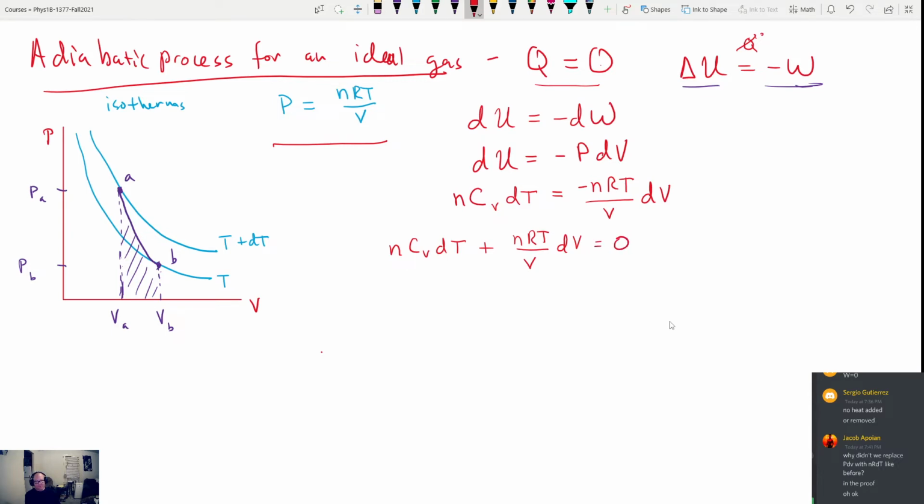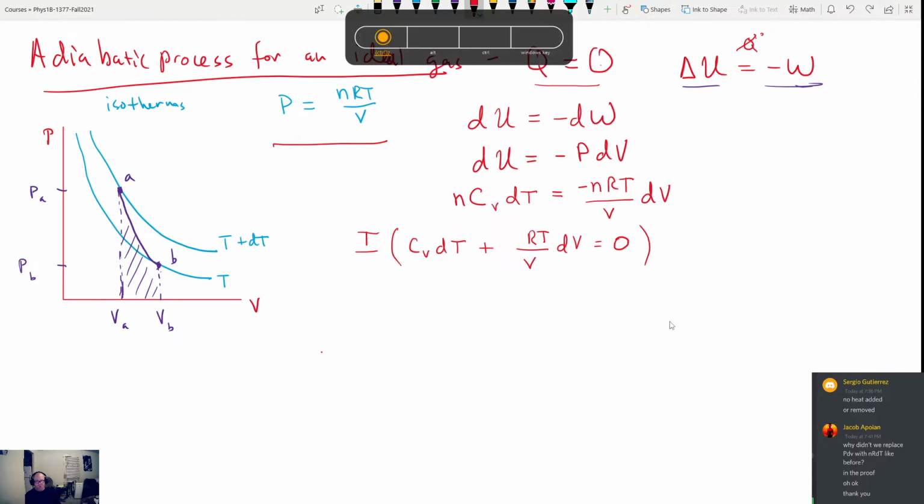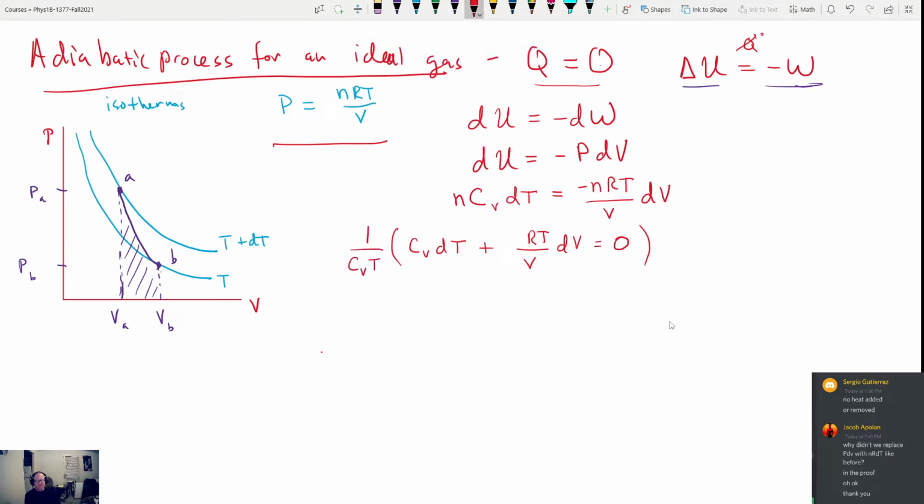Okay, so this now is equal to 0. All I've done is add this to the left-hand side. We can see that there's an n in every term, so we can actually just go ahead and erase that away. We can get the T with the dT if I multiply the entire equation. I'll do this in one step. Let's multiply the entire equation by T over Cv. The first term is going to become... No, that's not what I want. We're going to divide the entire equation by 1 over Cv times T. There we go. The first term is then going to become dT over T, and the second term is going